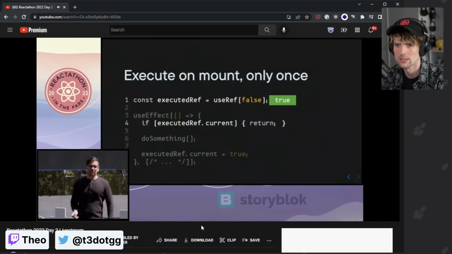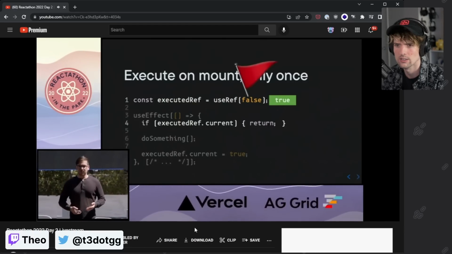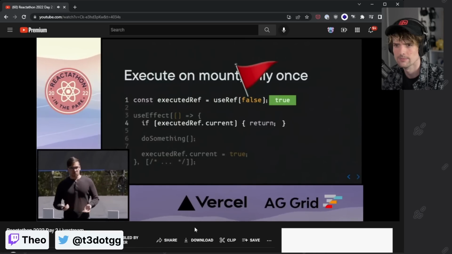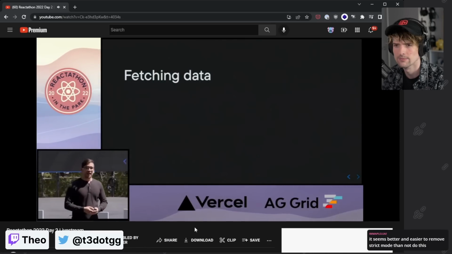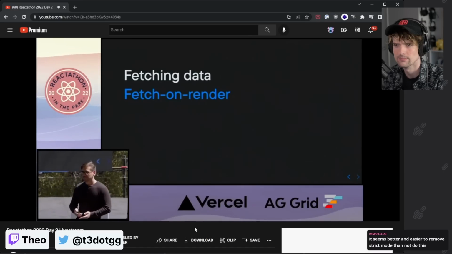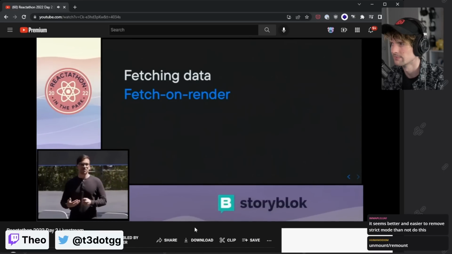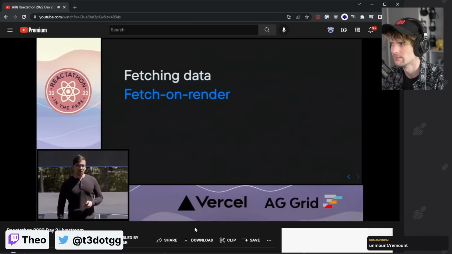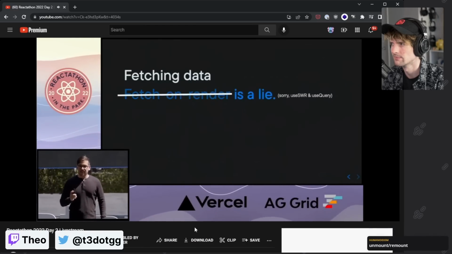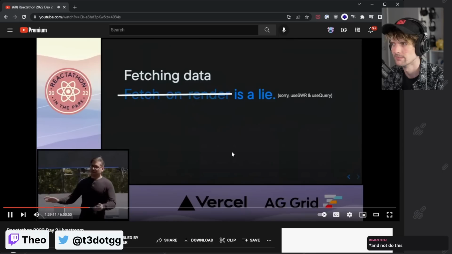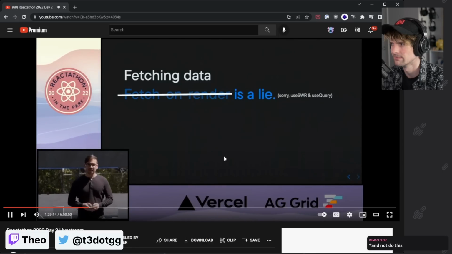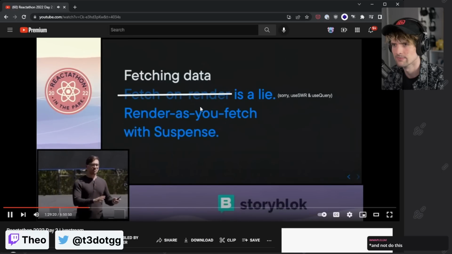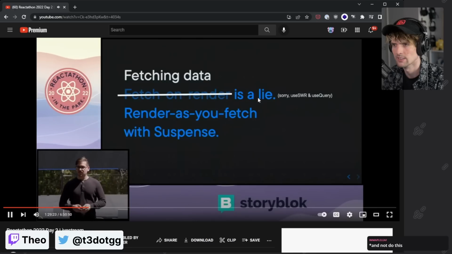And so you might be looking at this flag and thinking, okay, this seems like a really big red flag. Like, why am I using a ref in my effects? But honestly, this is the least awkward way to do it. And also, what about fetching data? You know, we have fetch on render. This is one of the most popular use cases of useEffect. We have useQuery, useSWR, but I'm here to say that fetch on render is actually a lie. Sorry to those libraries, React Query, SWR, because the React team wants you to really move towards a pattern of render as you fetch. And so suspense is really